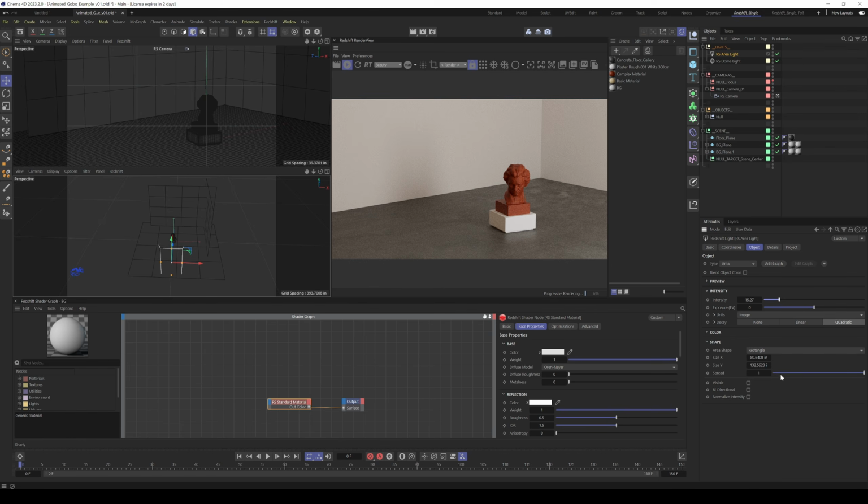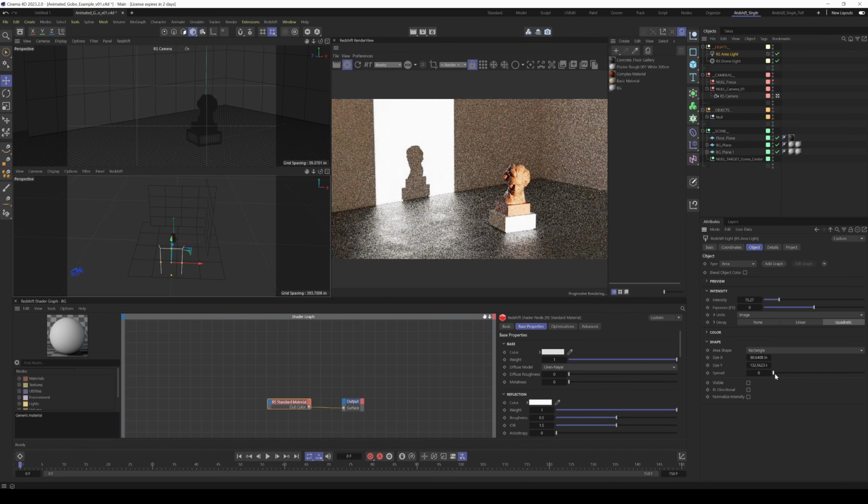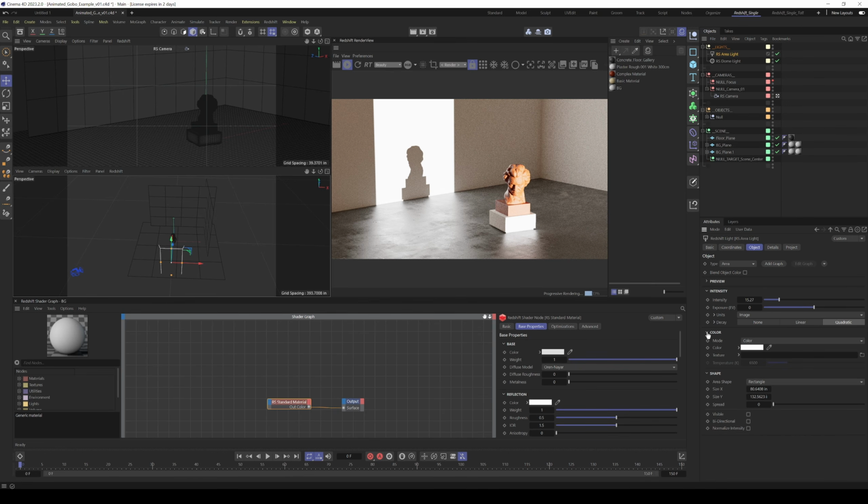And I'm not sure, I think Octane has something similar here. We're just going to take the spread all the way down. We're just going to focus the area light into a narrow beam. And under the color tab, you see here, there's an option for a texture. And we can just go ahead and drop in one of the EXRs here into this, but instead I'm